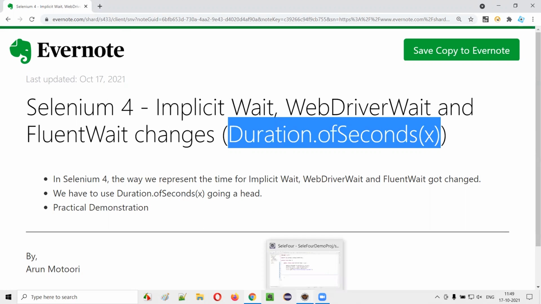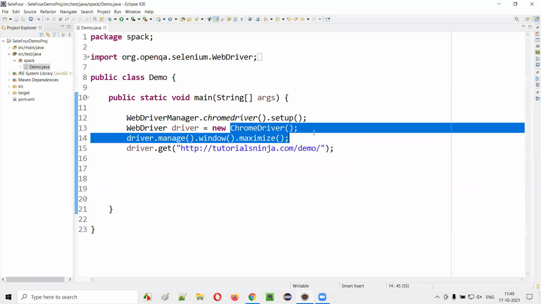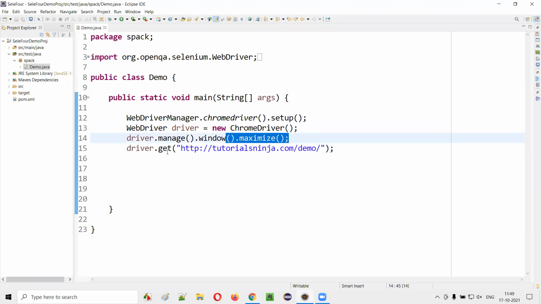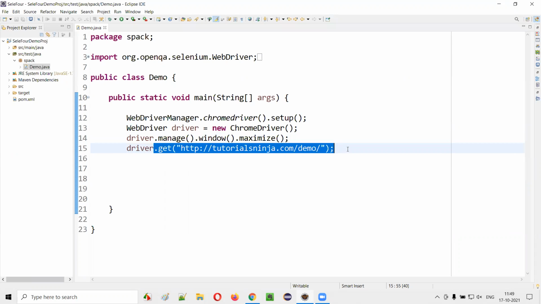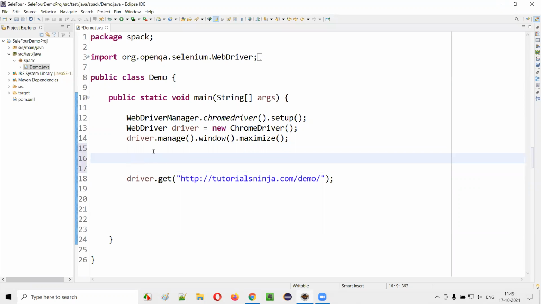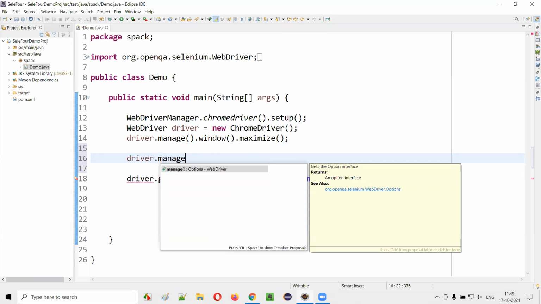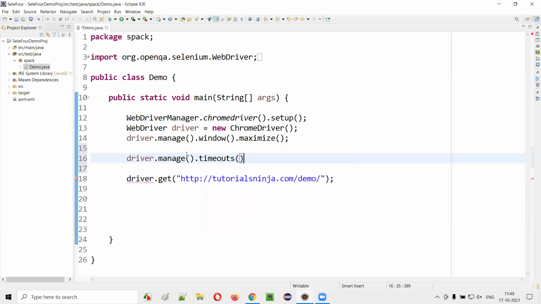For that, I'll first open this Eclipse IDE where we have the sample Selenium automation code for opening the Chrome browser, for maximizing the browser, and for opening this application URL in the browser. Now, before I open the application URL in the browser, let me implement some implicit wait mechanism in the script. For that, I'll start typing driver dot manage dot timeouts.